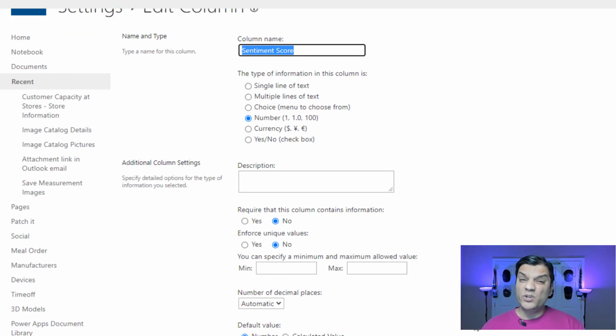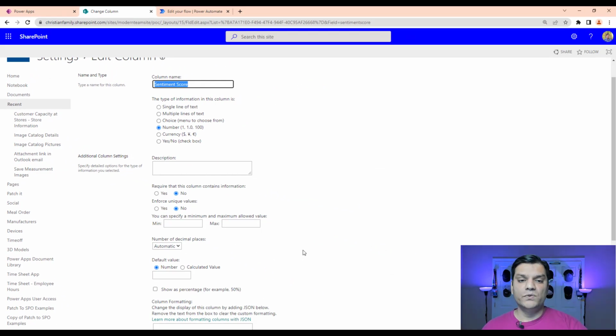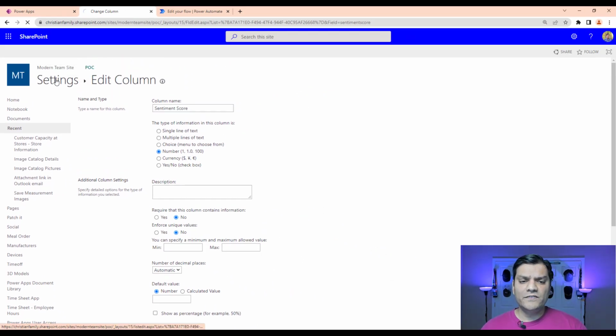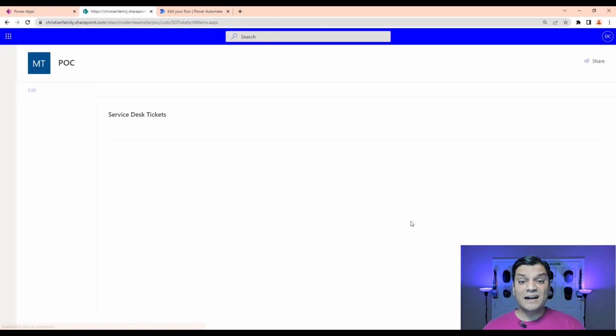But if you don't really want to change it, make sure that you leave it at least to 2 decimal places, because that's sometimes how the sentiment score comes in. So keep that in mind. Either leave it automatic or at least up to 2 decimal places. All right. But now that we've come out to the settings, you will see that our list is